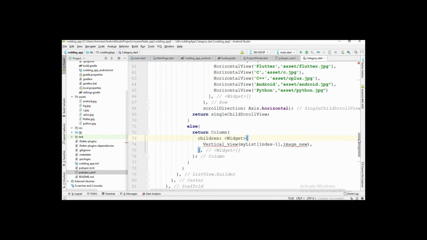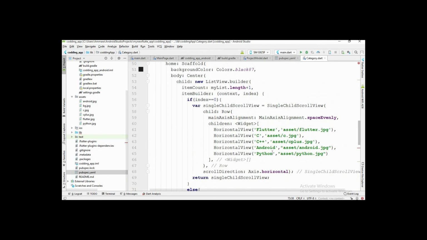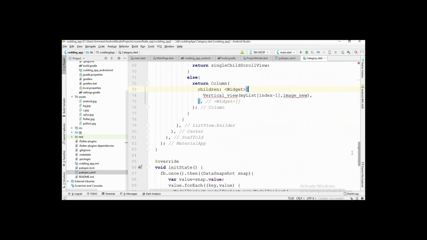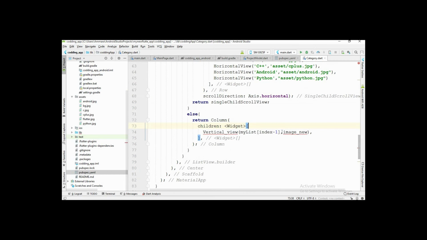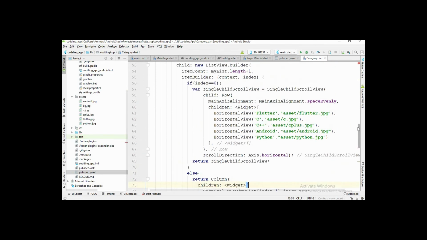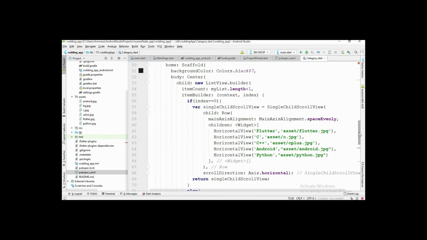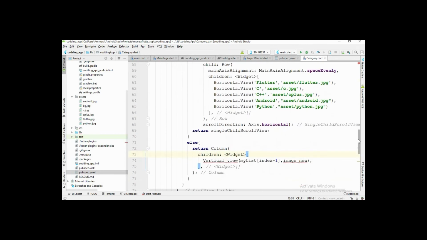Suppose the user clicks on this Python button, so this function is called and all the data related to Python is stored in this my list. That's why I write my list here and I pass the index minus 1, because you know that by default the data is stored in the 0 index.